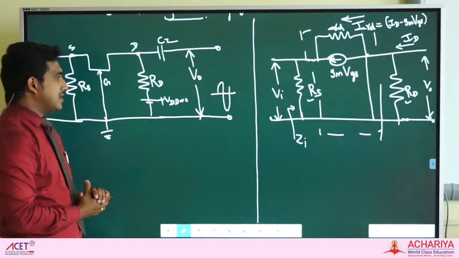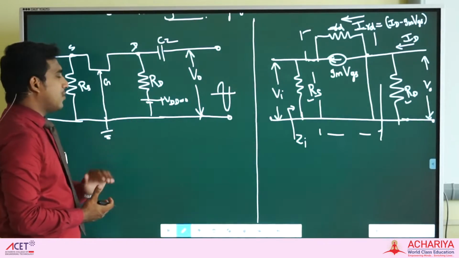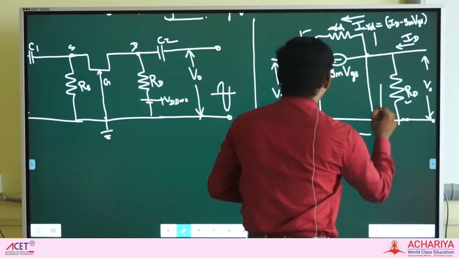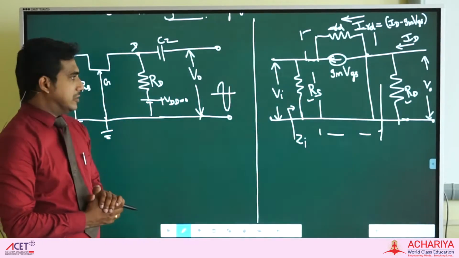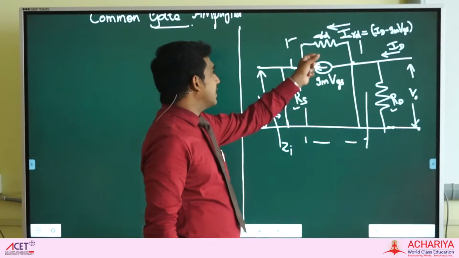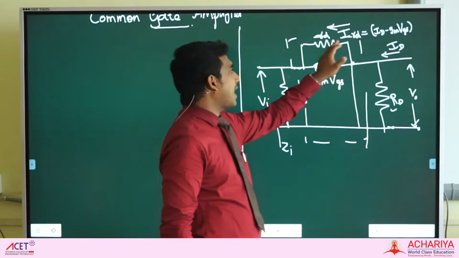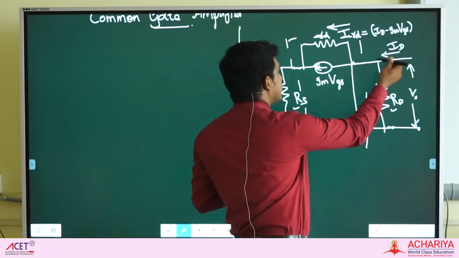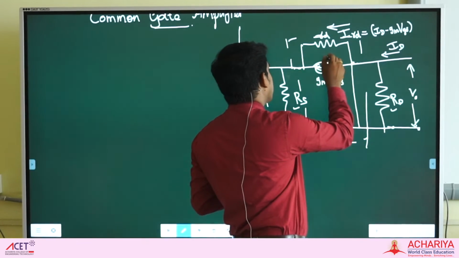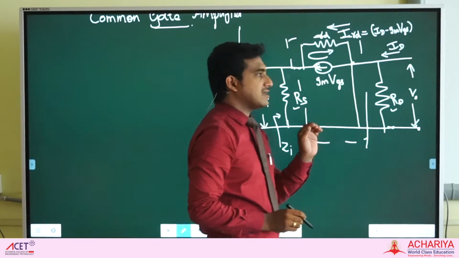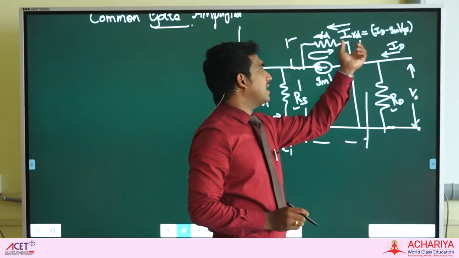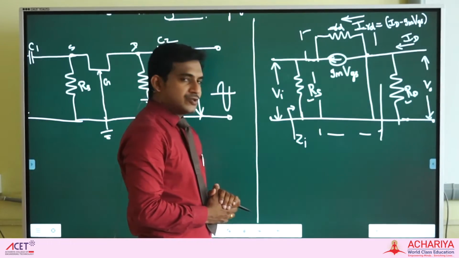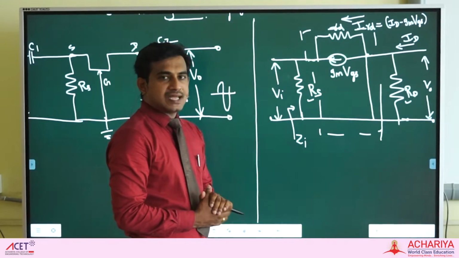To draw an AC equivalent circuit, we should consider two things: the DC voltage is equal to 0, and we have to eliminate the capacitors. The same we have drawn here. We have just shorted the VDD and eliminated the capacitors C1 and C2. We consider the current flowing through this RD resistance as IRD. IRD is nothing but two currents flowing through this resistor. The ID is coming inwards and the gmVgs current is flowing in the opposite direction. That's why we write IRD equals ID minus gmVgs. From this circuit, we are going to find the input impedance, output impedance, and voltage gain.